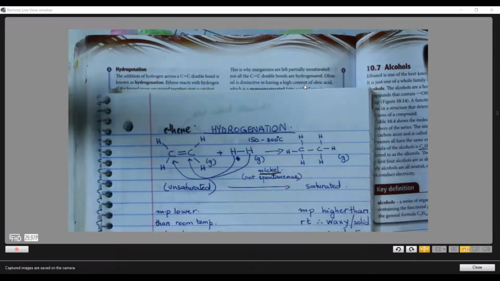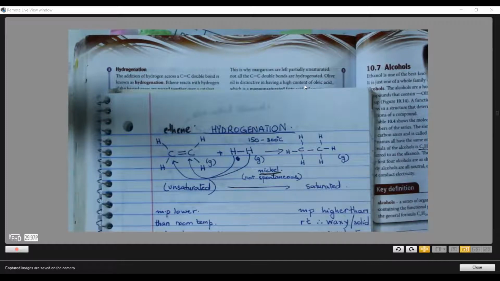Remember what a catalyst was? It is a chemical substance that increases the rate of reaction, speeds up the rate of reaction. More specifically, it decreases the activation energy required for a reaction so that your reaction can take place easily. And so in biological organisms, we have what as catalysts?